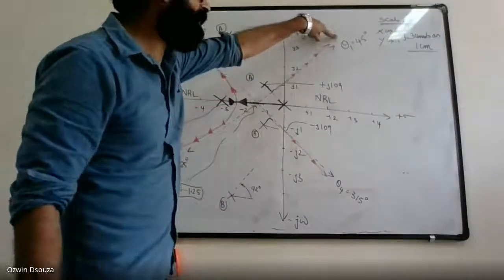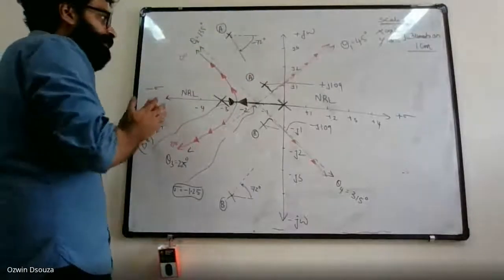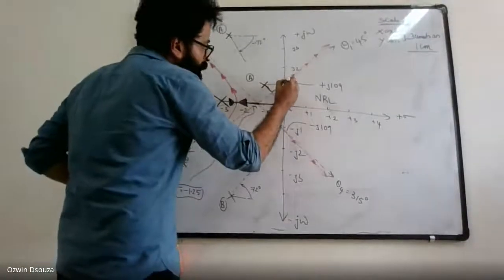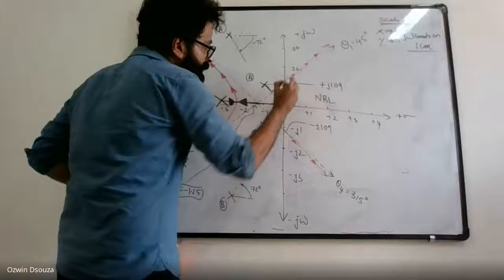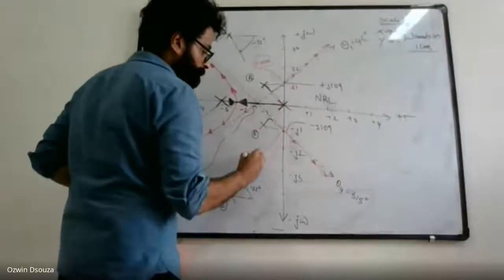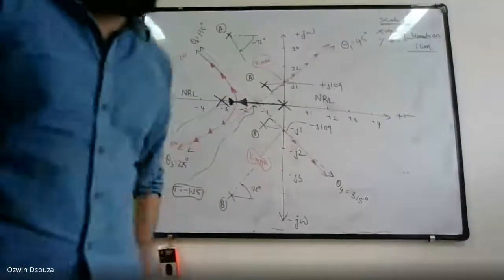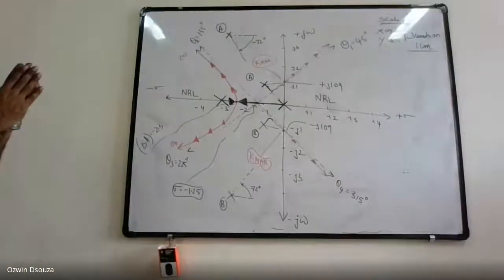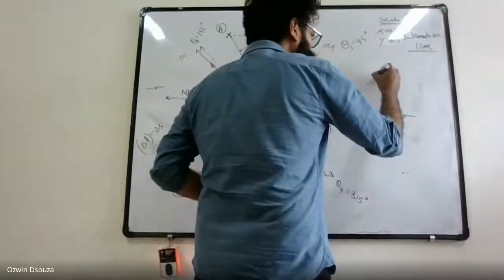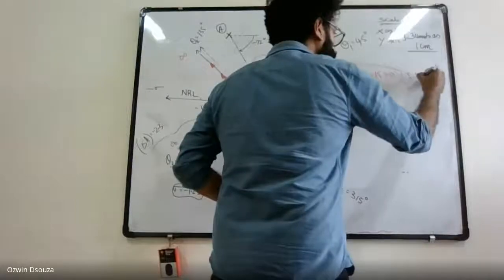So this root moves along theta 1. This root moves in the direction of theta 4. So as you vary the value of k, all 4 roots are moving towards infinity. And the point at which it makes the crossover is your k margin. Okay. So k marginal is at 8.16. So the stability is something like this. If we operate the value of k between 0 and 8.16, all 4 roots